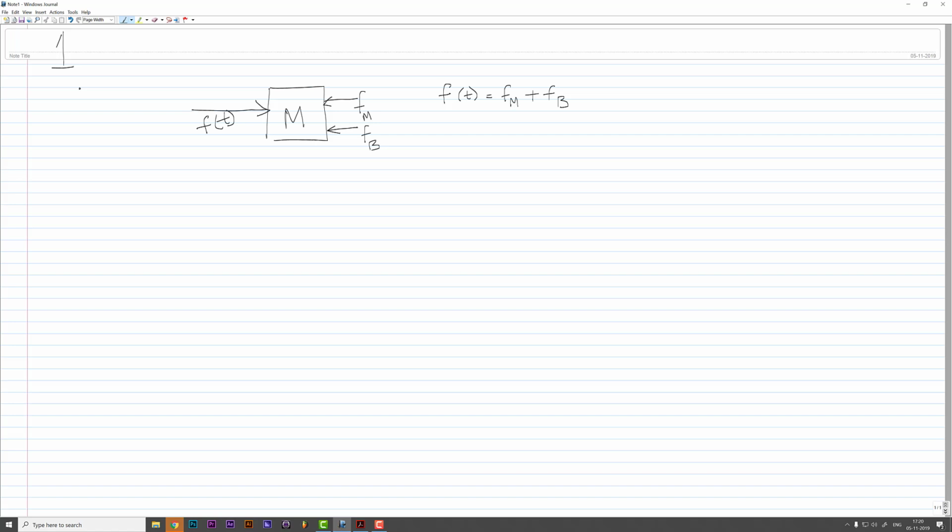Therefore you have to write this Fm and Fb in terms of both these quantities. For example, Fm is equal to m dv by dt, where v is the velocity, and it can also be written as m d square x by dt square, where x is the displacement. Similarly, Fb can be written as